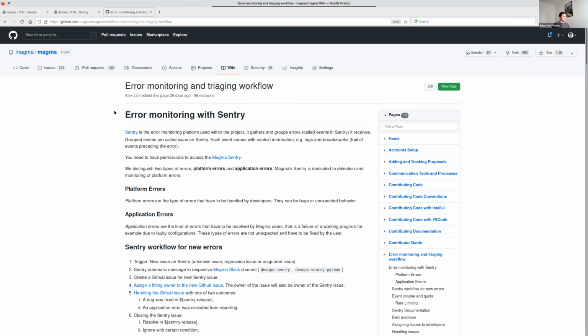So the idea is that you can monitor errors that don't just happen in your test environment, but also can happen in deployed environments of the application. And we've introduced Sentry in particular in the gateway. So not really on the cloud side, but more on the device side. And we've introduced it so far for C++ and for Python. And Sentry works kind of differently for these two languages. So I just wanted to give a quick overview of both of them.